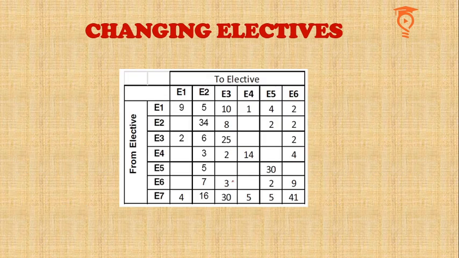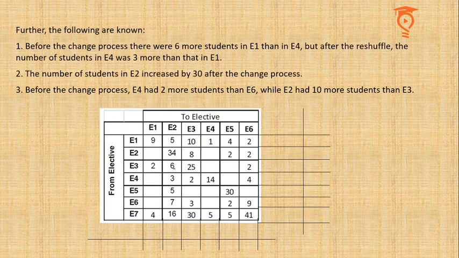In the brief, the information is like this: from every elective, some people stayed and some people moved to choose some other elective. While E7 is such an elective from which everybody had to move and choose some other elective. So most of the cells are already filled while the others are not. So let me first add these numbers and write the total on both the sides.